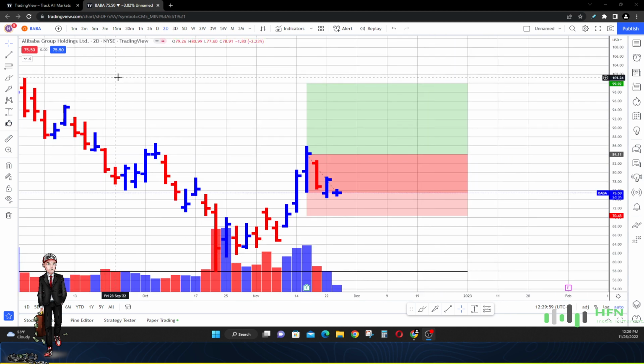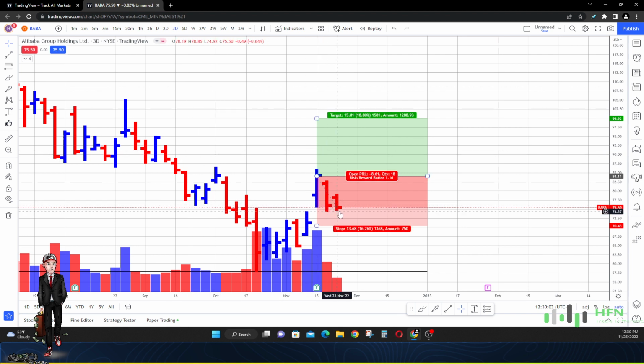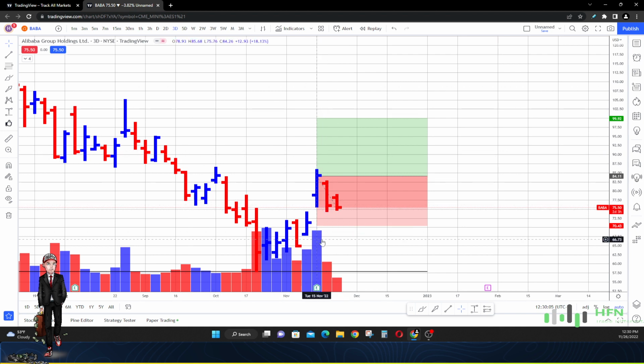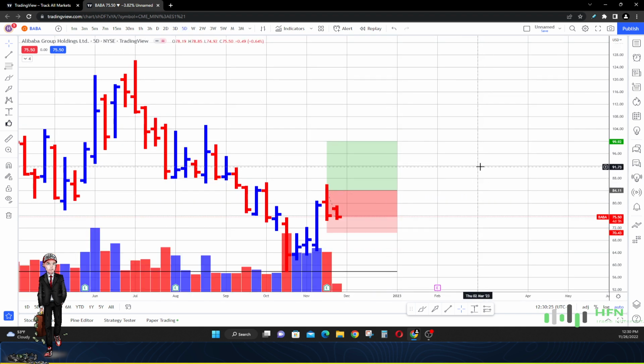Okay, now let's look at this on the 3-day chart. You guys can see it. These 2 3-day price bars definitely tell us that the sellers are currently in charge. They're running the yard. They're running the market. If we don't see the buyers appear this upcoming trading week in Alibaba, then we'll definitely have to come in and play the weakness to the downside. I can see this already off the chart without being emotional.